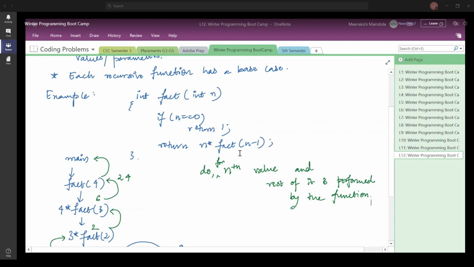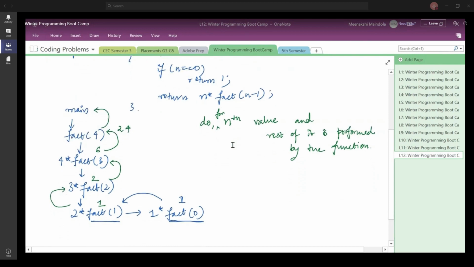Another thing here is that you always want to do it only for the nth value, and the rest of it will be performed by the function. So you just tell it for the nth value and it is going to perform the rest on its own. So up till here, is this part clear?